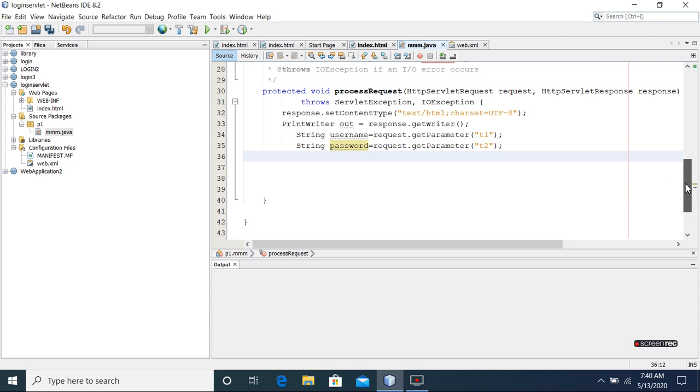So once we have read those variables, we can verify whether the username and password are correct. We can use the if else statement.